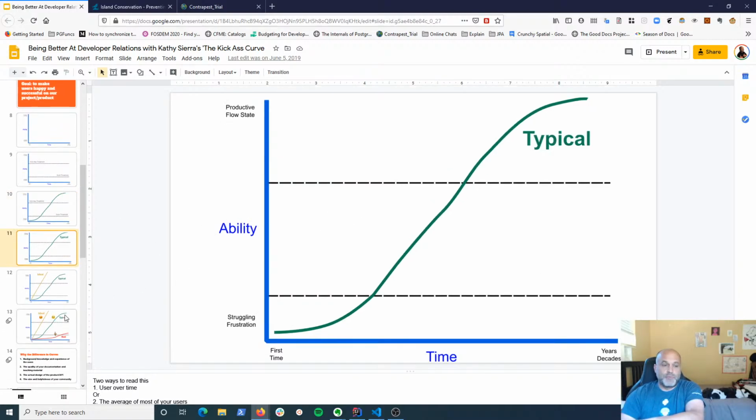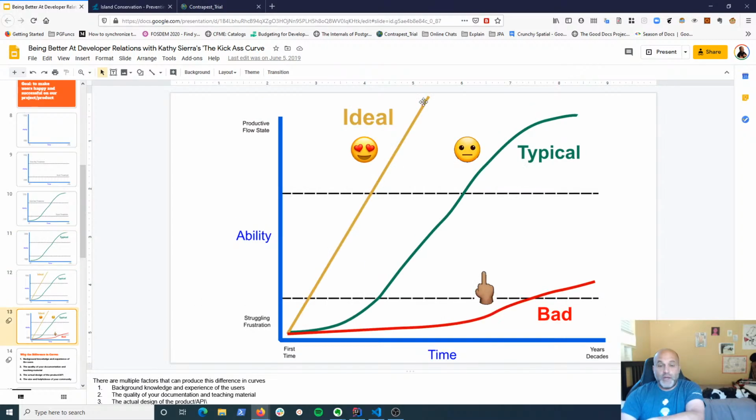This is the typical one, but that doesn't mean that you can't have a really great one, an ideal one, right? That gets you all the way, where linear effort gives you linear increase and it's a nice and steep slope. And there's also nothing to stop you from having a really bad one, which makes your users hate you and get bad reviews and stuff like that, right? Where basically, no matter how much time I spend in, my increase in feeling of competence and ability to get done what I want to get done is really slow and terrible, right?